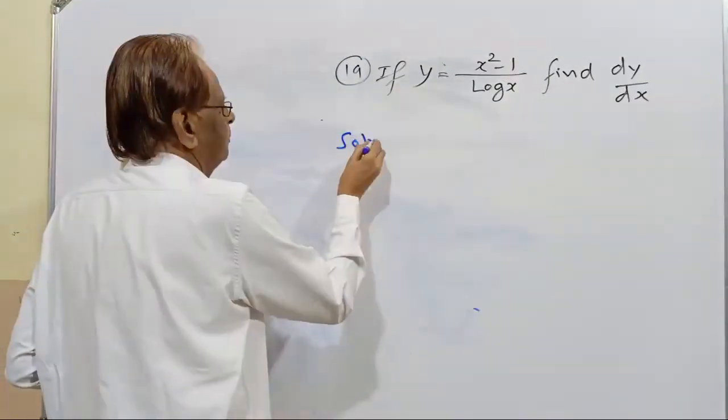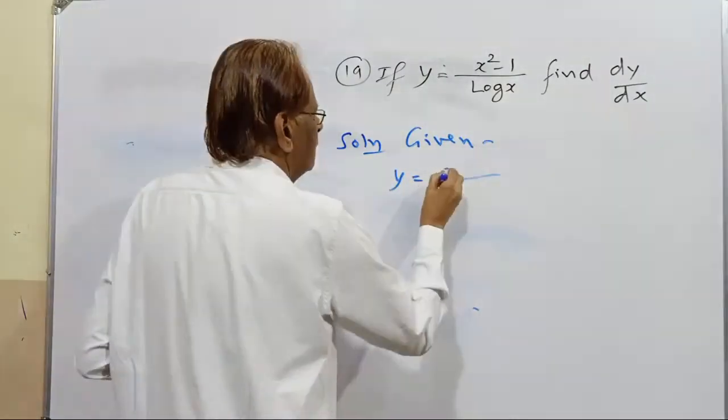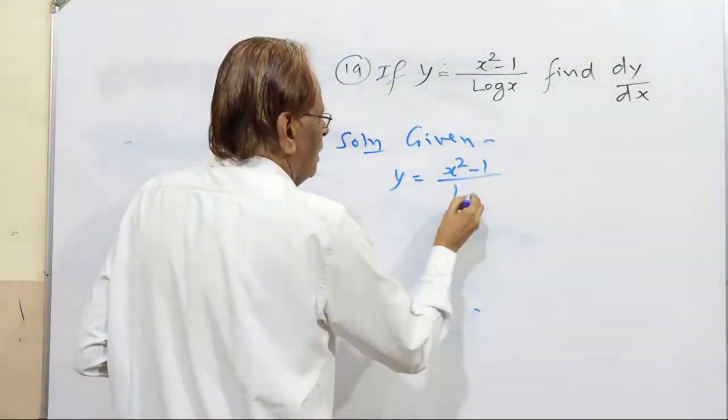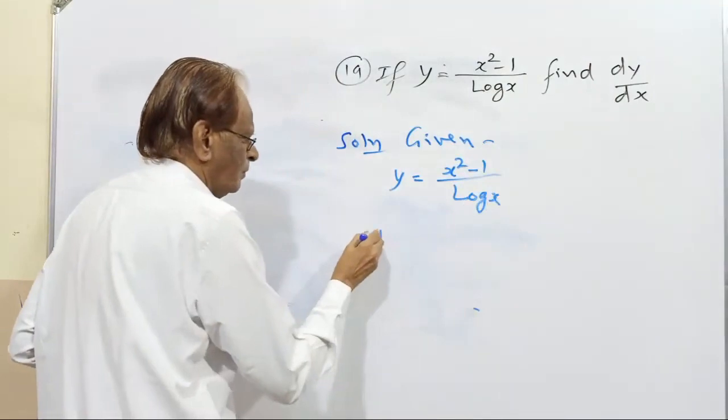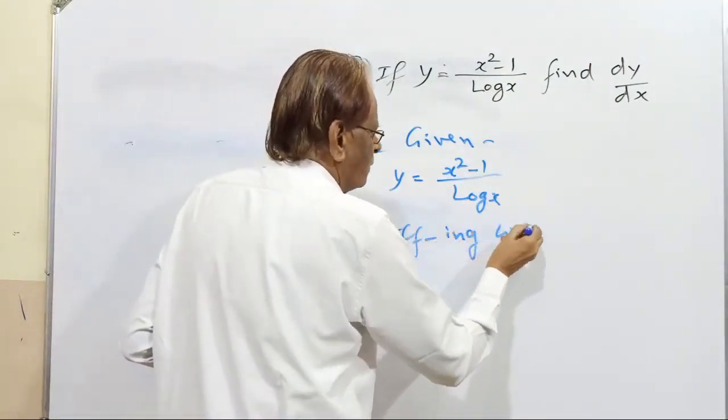Given y equal to x squared minus 1 by log x, differentiating with respect to x,